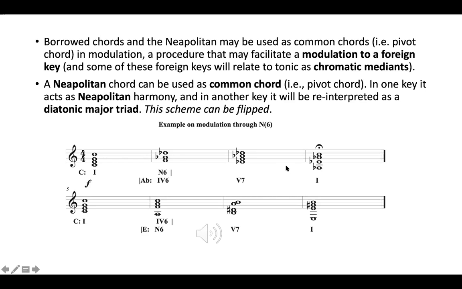Okay, that was our demonstration where the modulation was realized through Neapolitan, where Neapolitan is used as Neapolitan harmony in the home key, and in the new key it becomes a diatonic triad. Now, that scheme can be flipped, meaning that we can use Neapolitan as Neapolitan harmony in the new key. The second example below shows how from C major we approach a pivot chord, and we can use any major diatonic triad as a pivot chord in modulations through Neapolitan. And in the new key, it will be reinterpreted, given a role, a function of Neapolitan harmony,